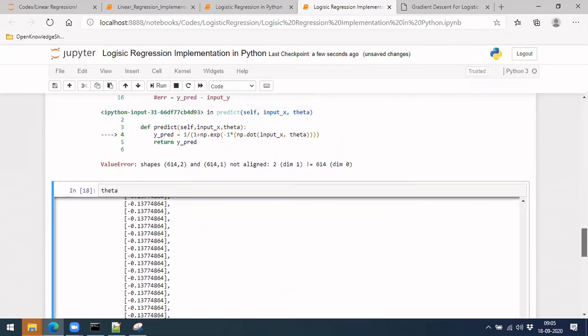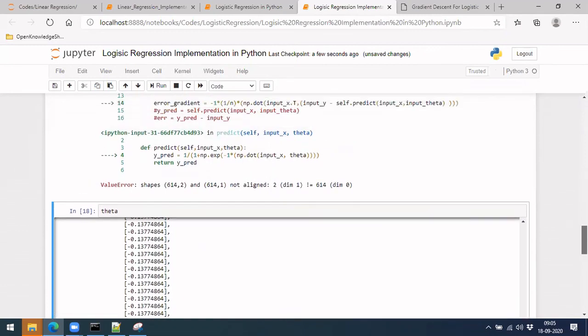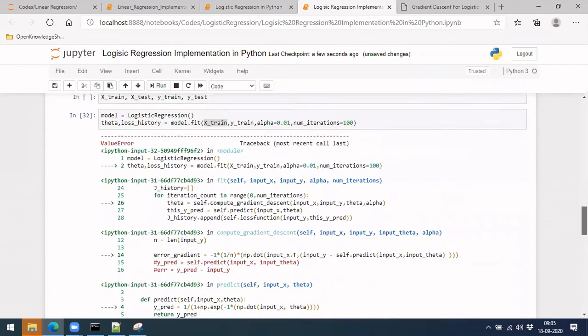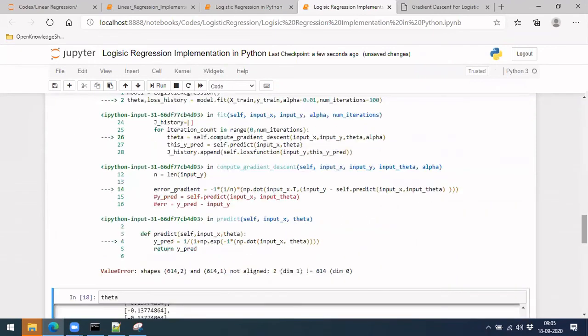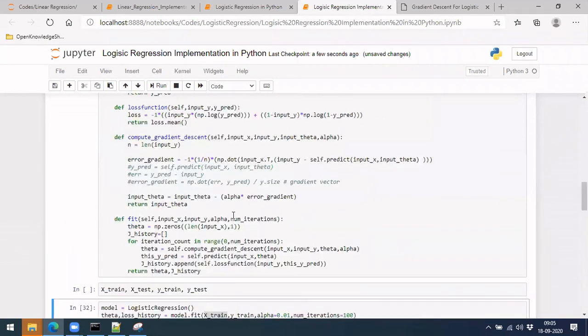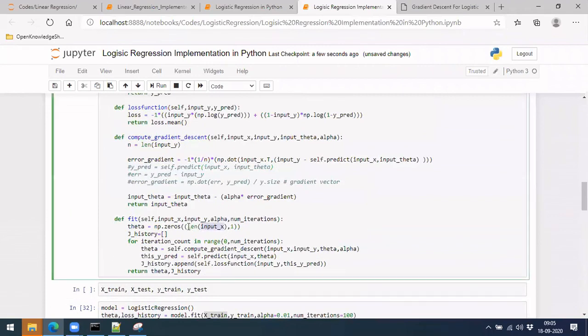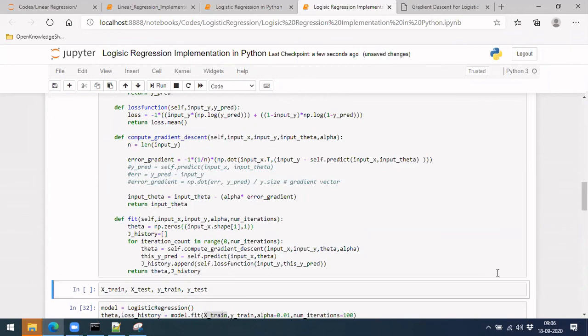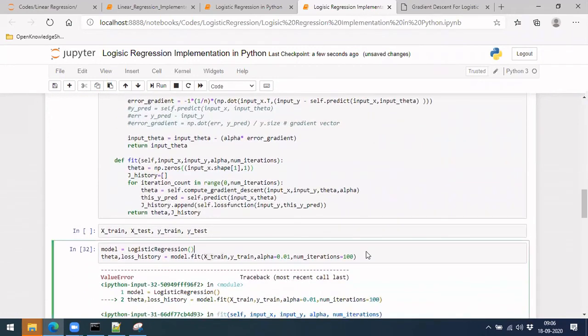Wow, we got an issue. Where is it? It's where we are multiplying this with that. Just a moment. X input is of this dimension, and theta, okay. So this is an issue at the beginning level itself. It's not just the length of theta. It should be dot shape of 1, meaning how many columns we have, it should be based on that, right? So this is an issue from the beginning; we were looking at some different issues. Now this will work.